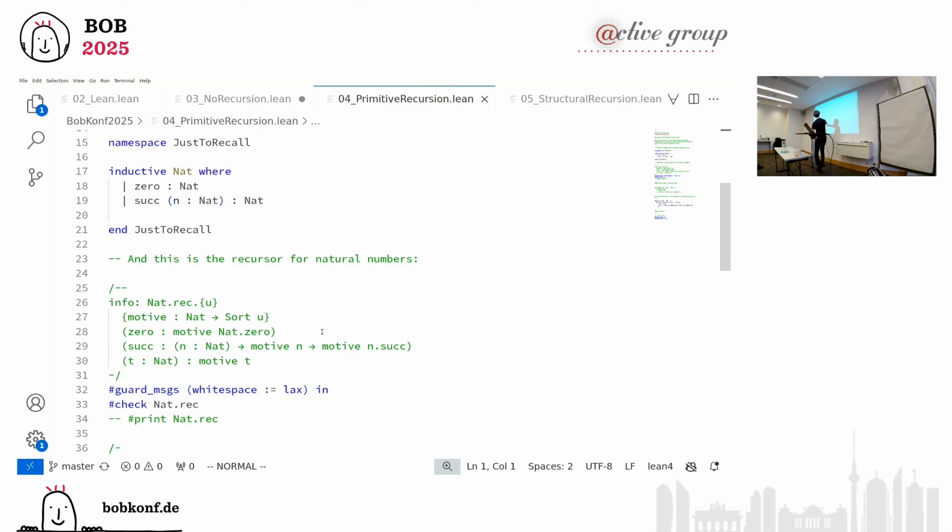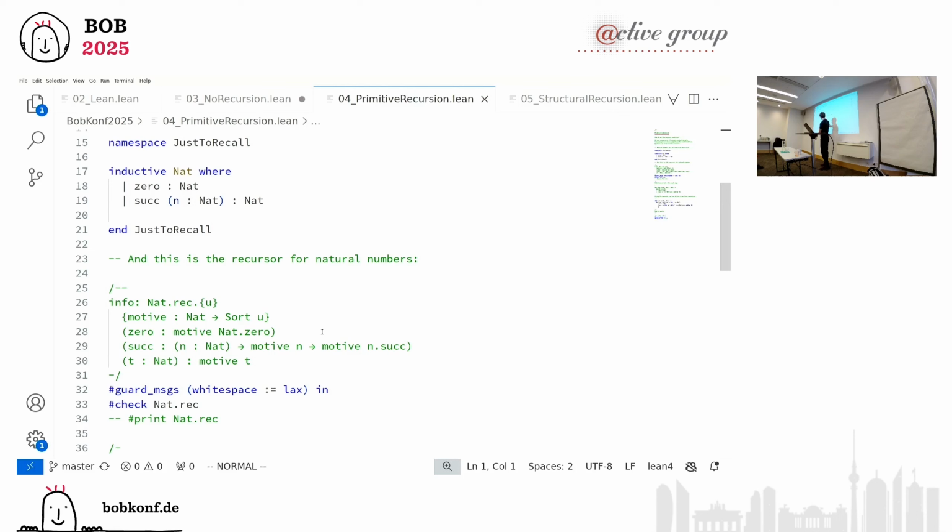So this is the definition of natural numbers that we find in the library. I've just put it in a namespace so that we don't get an error about duplicate definitions here. Whenever the kernel gets told to define an inductive data type, it will not only define the data type and the constructors as symbols in your environment, but also create out of nowhere, as an axiom, so to say, although maybe I shouldn't say this dangerous sounding word, a recursor. And it has a type like a function, so I can call it.